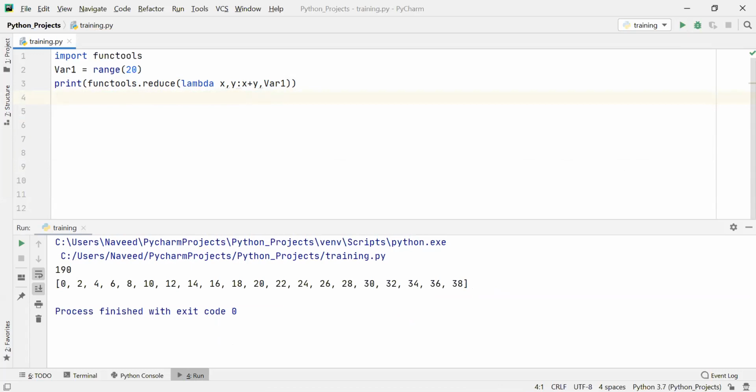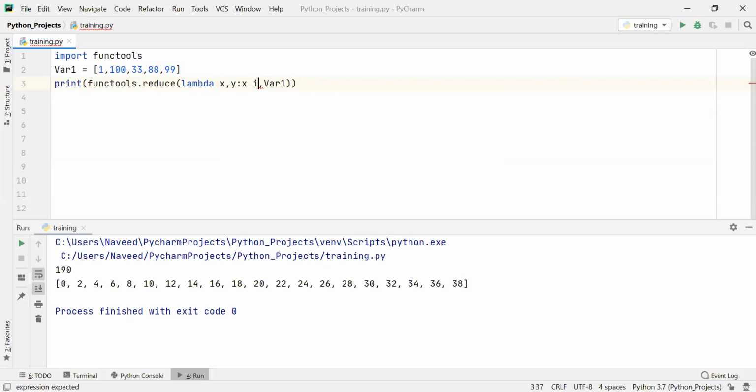Now, let's say I want to find which is the largest of this. Let's say I have a list here, which has 1, 100, 33, 88, 99. Now, out of this, I want to find out which is the largest. So how can I do that? I need to simply make a change in my lambda function. X and Y will remain the same.